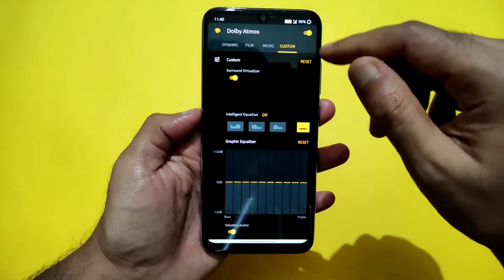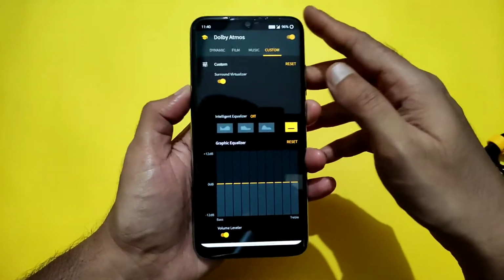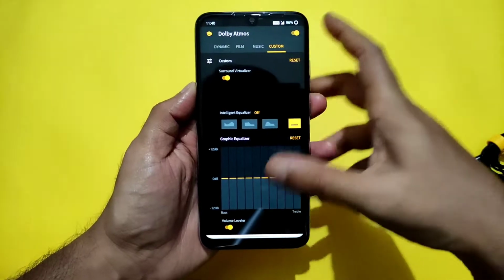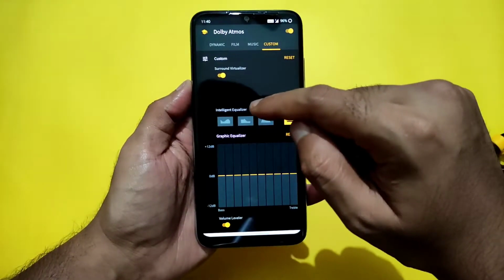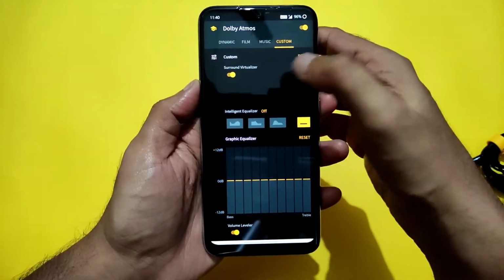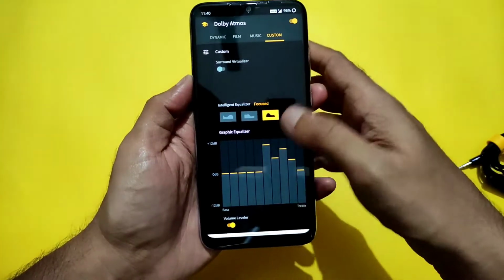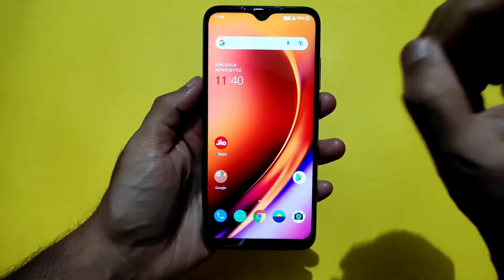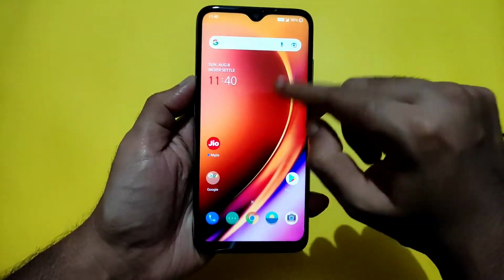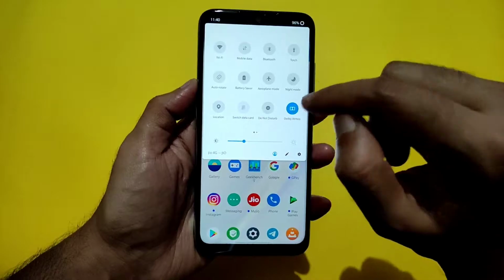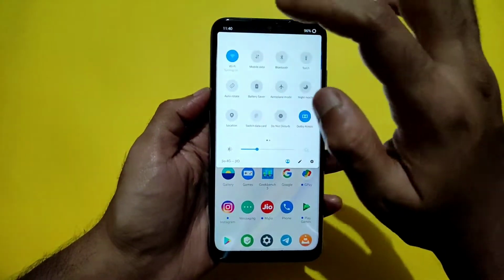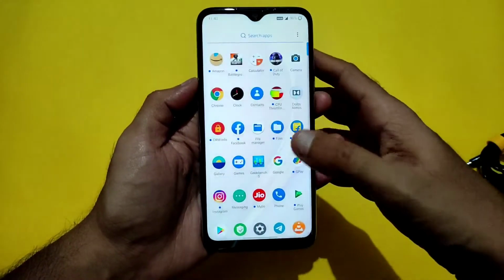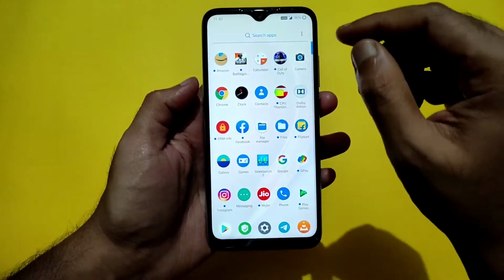You can choose based upon your apps whichever you want. This is how it works. Even the intelligent equalizer, you can turn it on from here by choosing this setting. It will definitely enhance your audio experience after using this ROM. After pressing this, it will definitely improve your performance in the audio terminology.